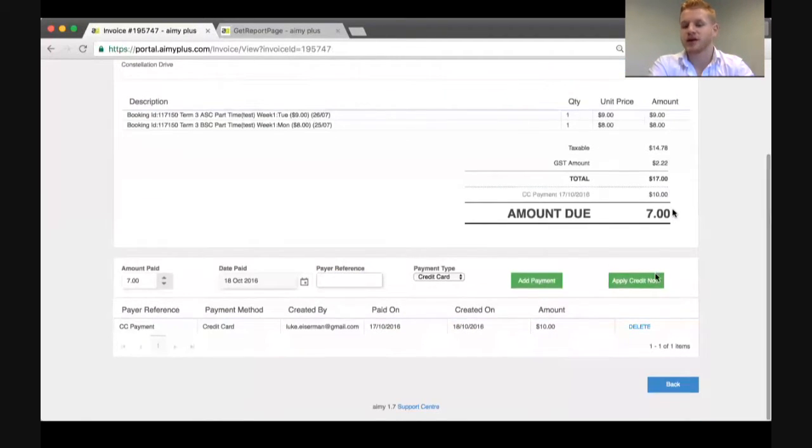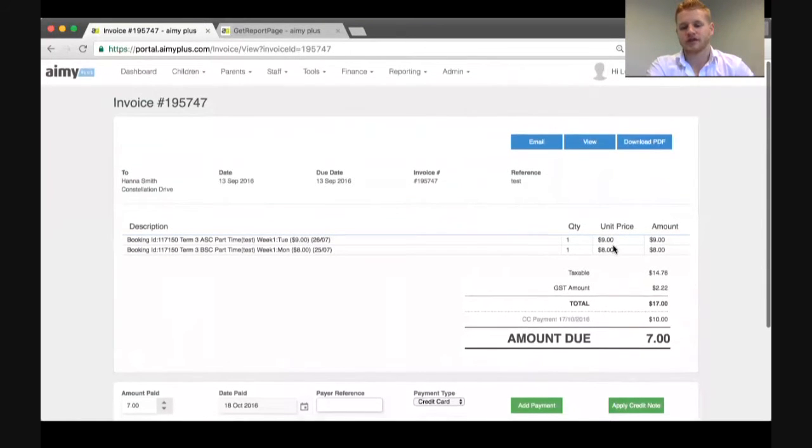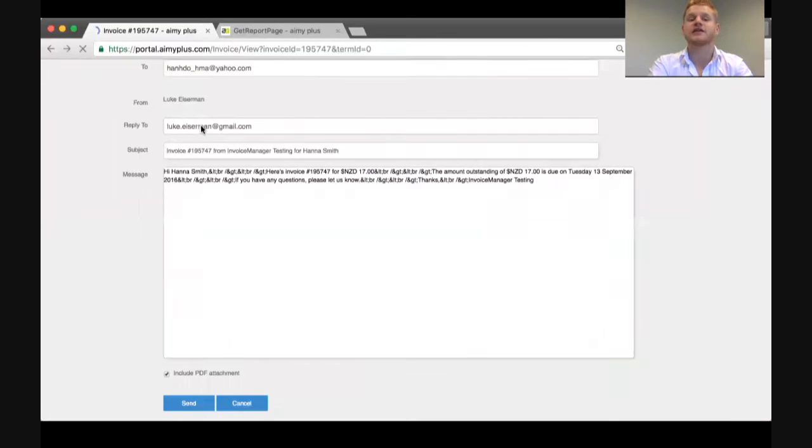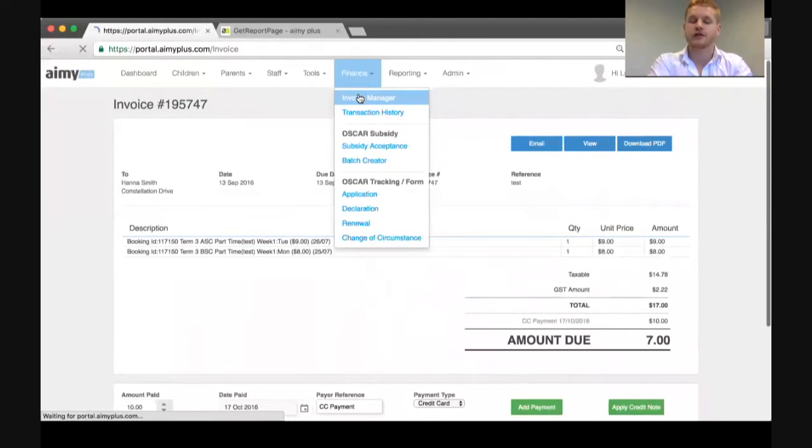Now we can also apply credit notes here if we want to add credit to the invoice, but what we're actually just going to show you now is the add payment. Okay, just like we have done. Okay, so the next one to go to would be when you have an invoice that you want to create in the system. So if I go back to our list view for our Invoice Manager,